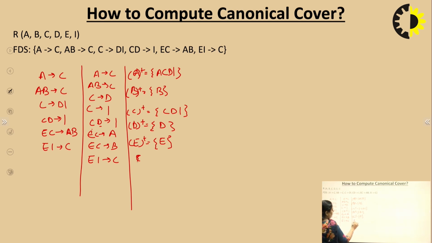Let us compute for I because EI is here. So we are computing I. What else can we compute? Nothing. So in these functional dependencies, there is no extraneous attribute. If we are able to find all the attributes of a relation using a single attribute, then we can decompose it. That means if from A we are able to find all the attributes of a relation, B will be considered an extraneous attribute from here.